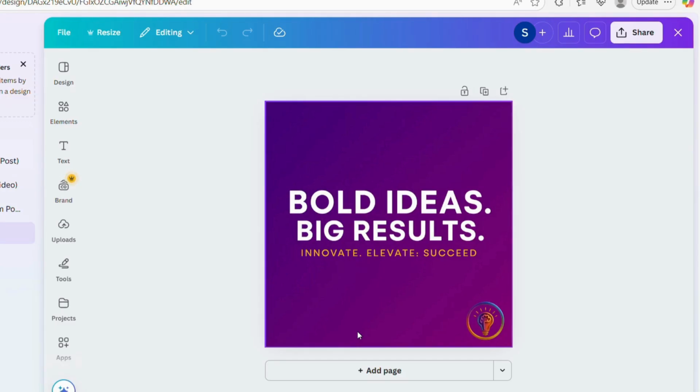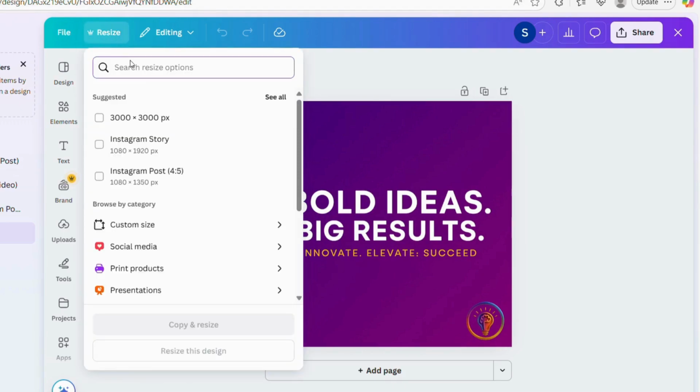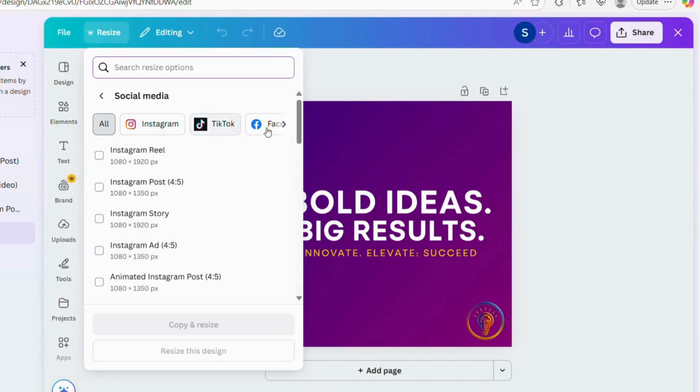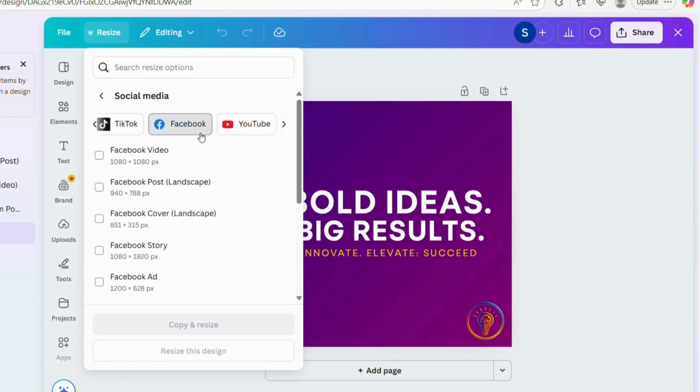Okay, and then what I want to do is go ahead to this resize tool right here. I'm going to click on that, and then I'm going to go to social media for y'all, and then it has all the different options that you can use. So whichever your choice is, then go ahead and pick that. For demonstration purposes, I'm going to go ahead and pick Facebook. And then it's already at 1080 by 1080 size, so I want to do